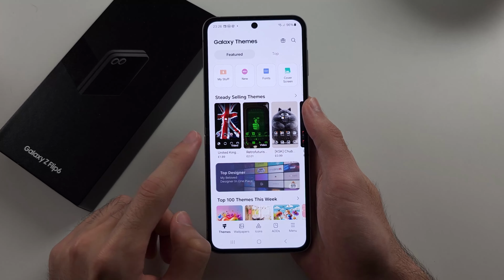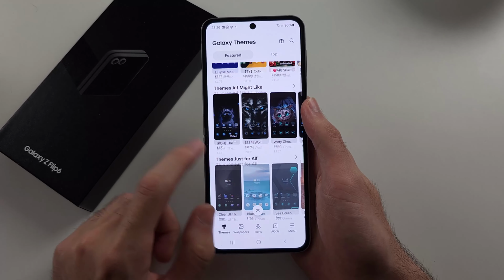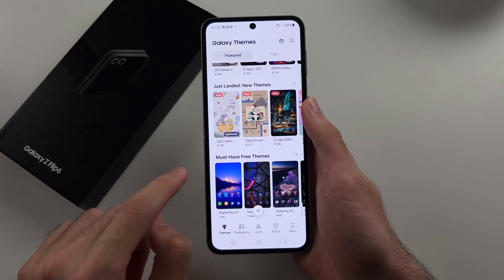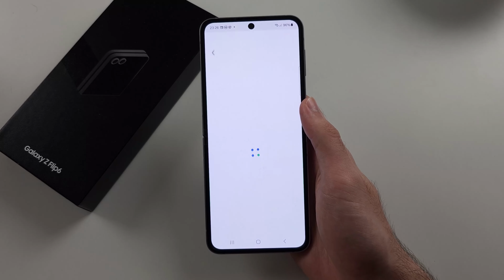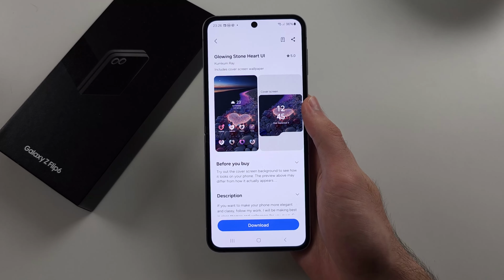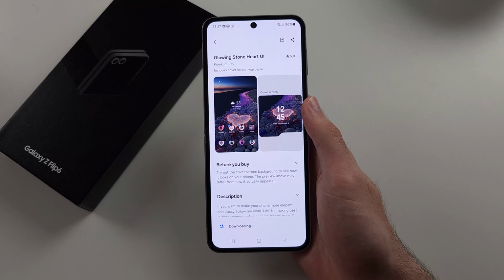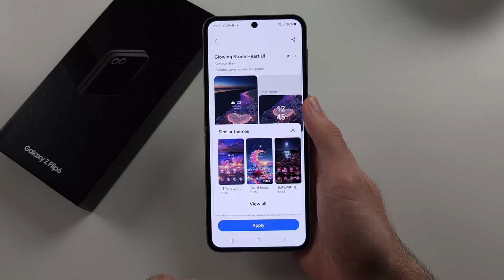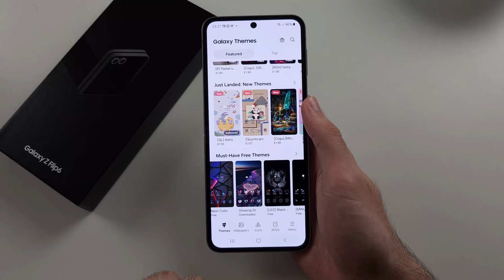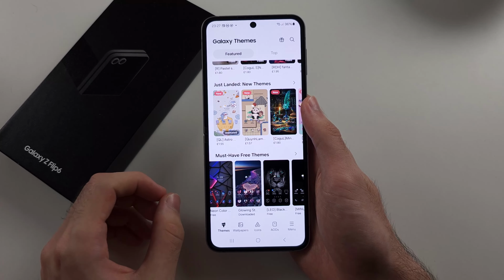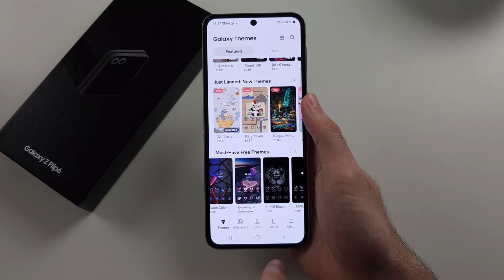And so we see paid themes here, but if we scroll to the very bottom, we should see the free themes. So select the theme you would like to add, and then select the download to download that theme. Now once downloaded, you can select apply,